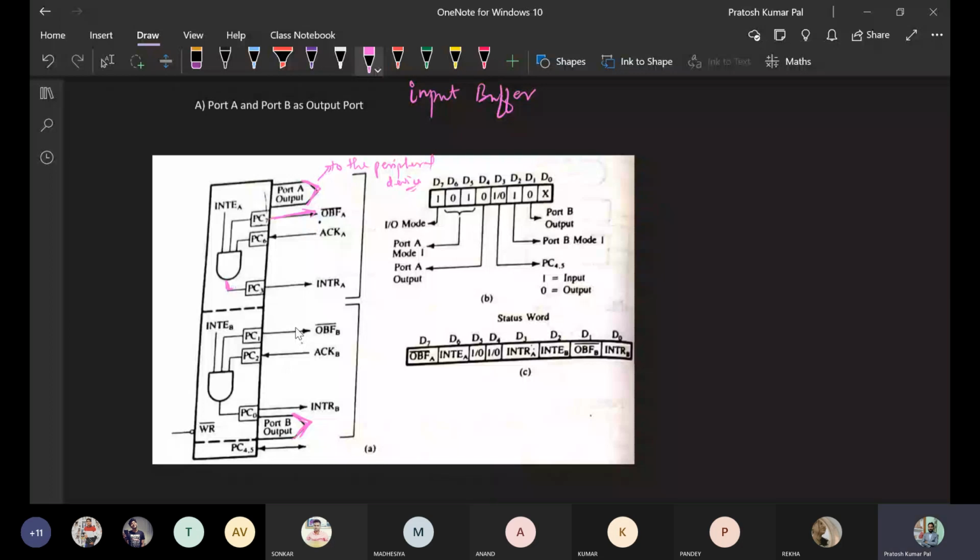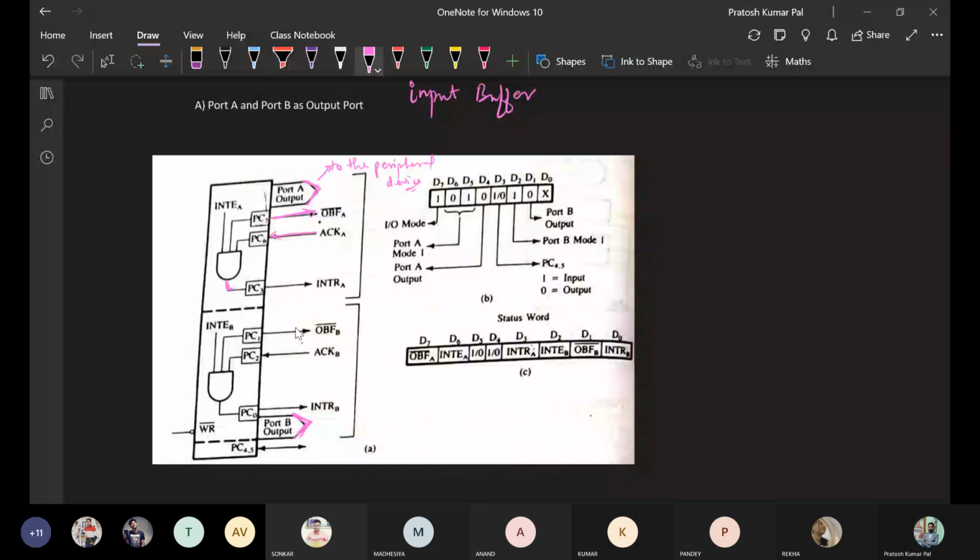Once the output buffer full goes to the peripheral device, it will accept the 1 byte of data, and once the byte is accepted, it will send an acknowledgement to the microprocessor that it has accepted the data.